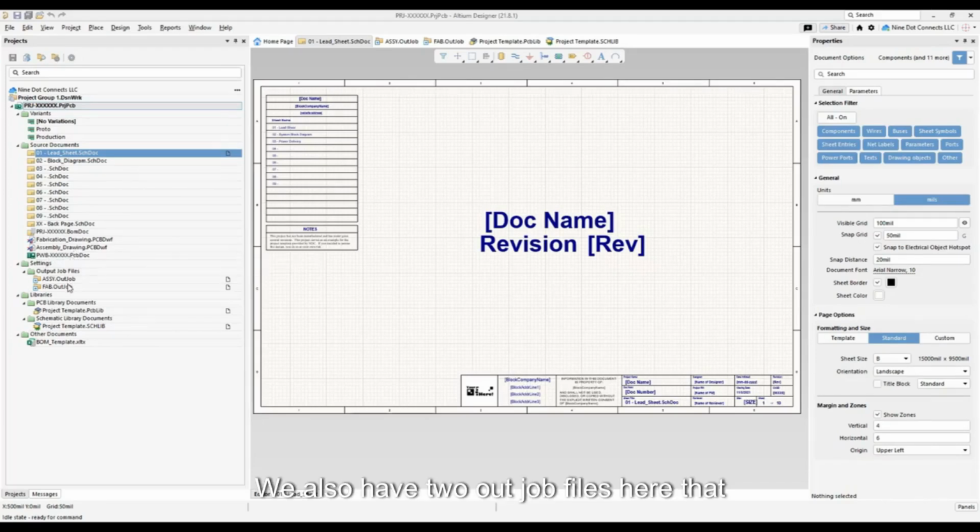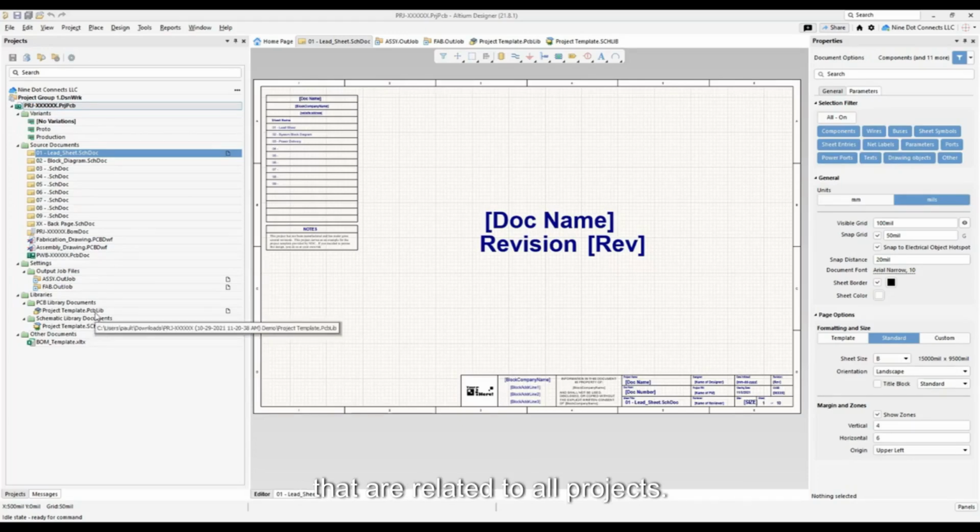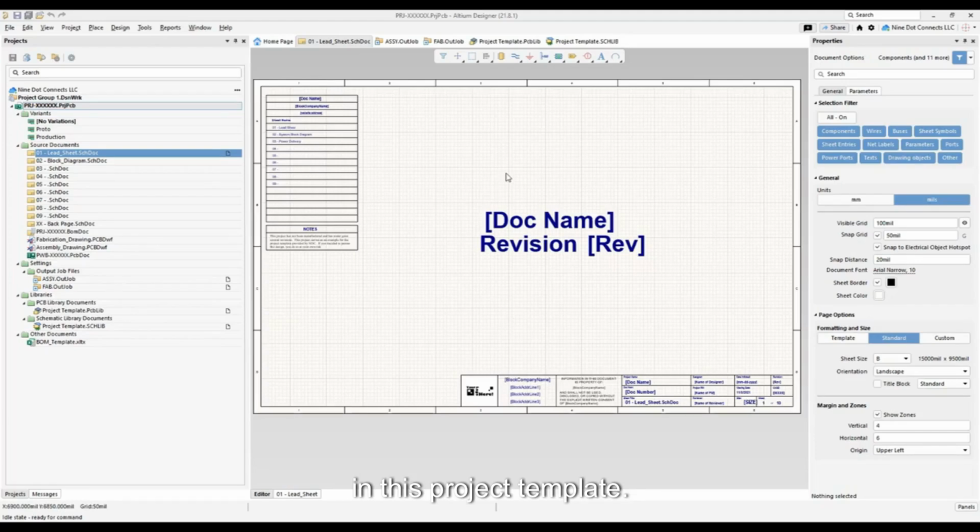We also have two out job files here that have been set up, along with a schematic library and a PCB library of a handful of things that are related to all projects. So we'll talk about each one of these things over here. So let's start off with the lead sheet here in this project template. So you can see that on this lead sheet we have a couple of things, but the one thing we